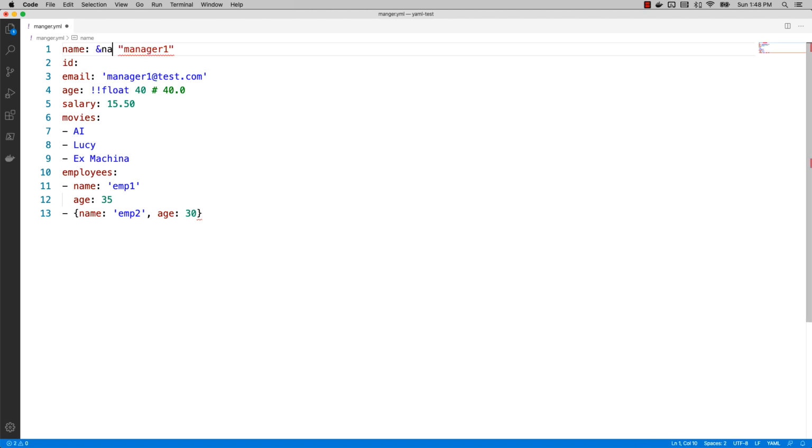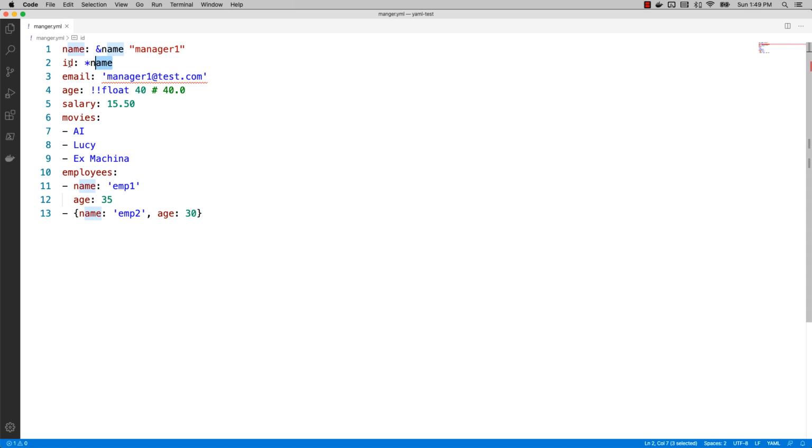So maybe I can say this is the name, this is called an anchor, and I can use that value by saying *name. So name here is called an anchor, and you are going to use that anchor right here. This is the way I'm saying ID has exactly the same value as name. So whatever is inside manager will come inside that ID.